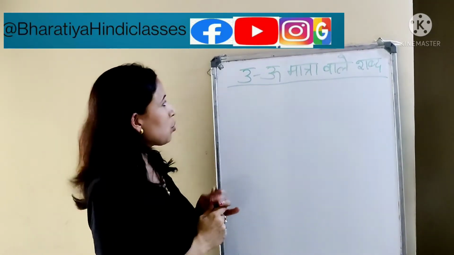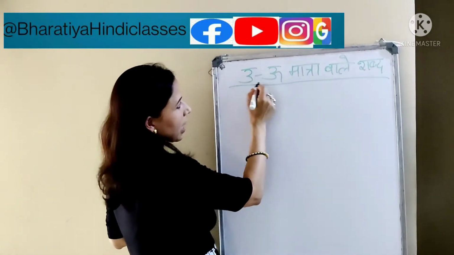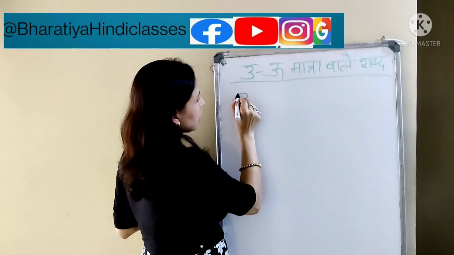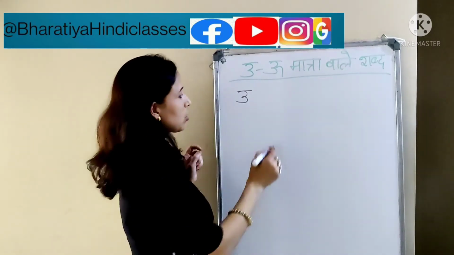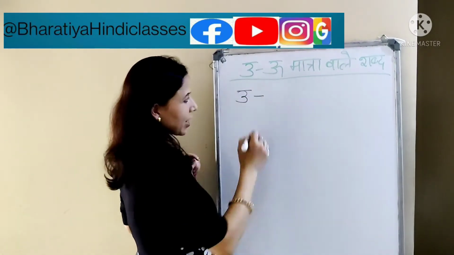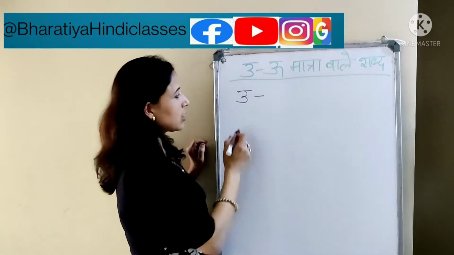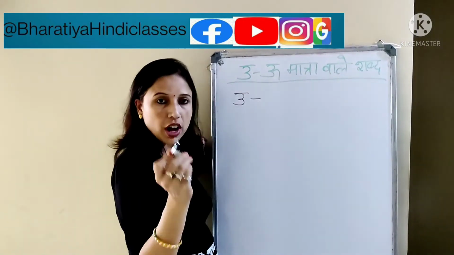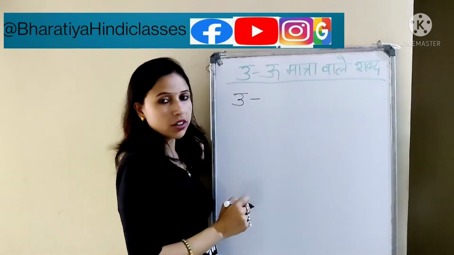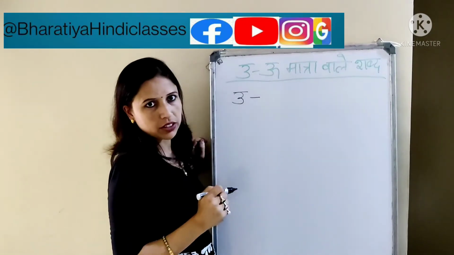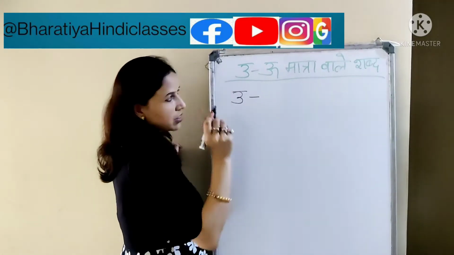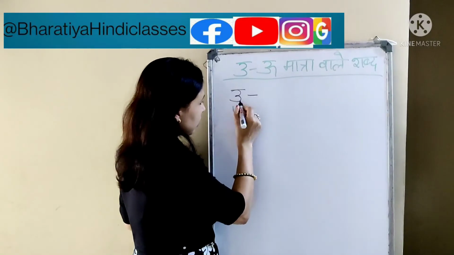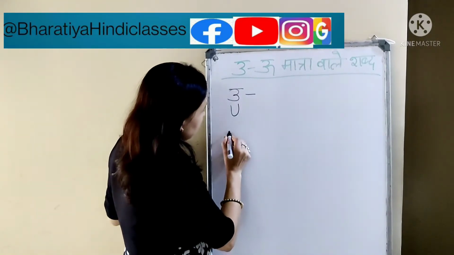Actually, U as I have written, U and U matra wale shabd, but when it starts with this, for the primary kids, when you are writing here and you ask them to just read it, they will read U. But when you are going to pronounce these related matra words, they will write it with the O ki matra. If you go to my previous videos, you can see how I have written this U, even for this